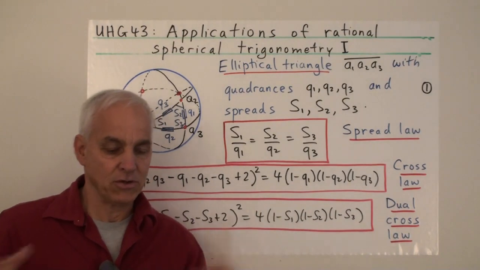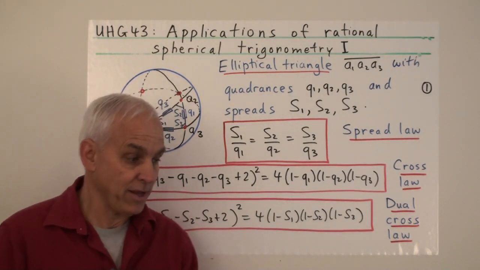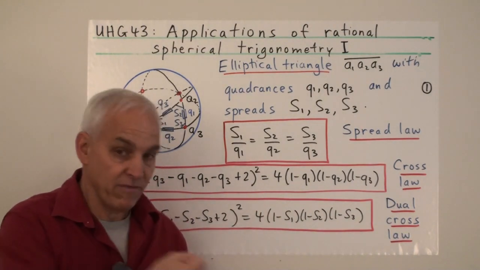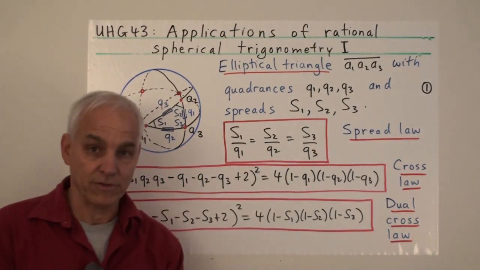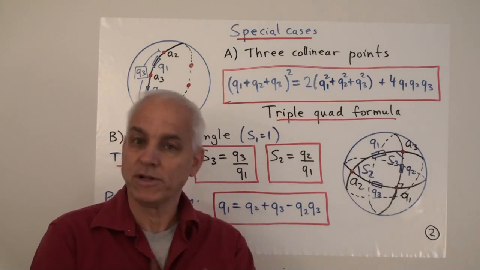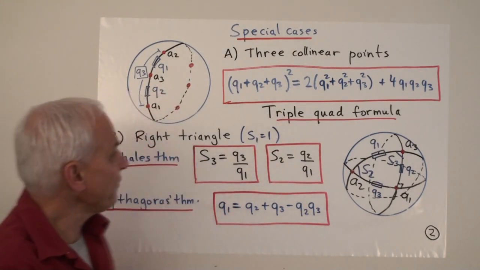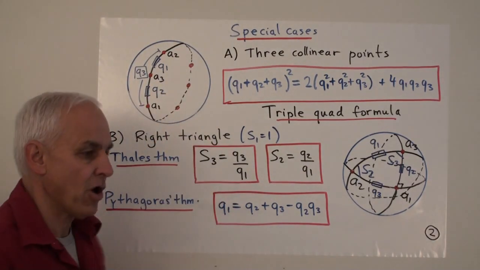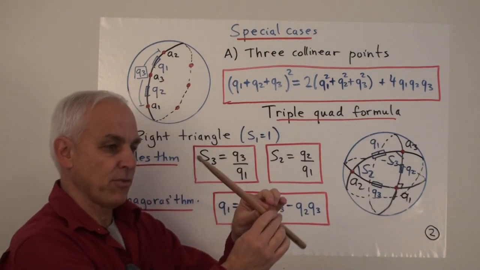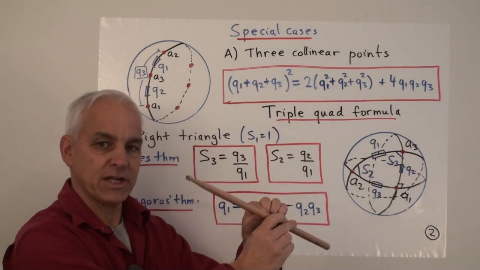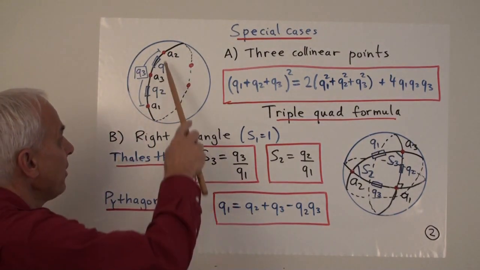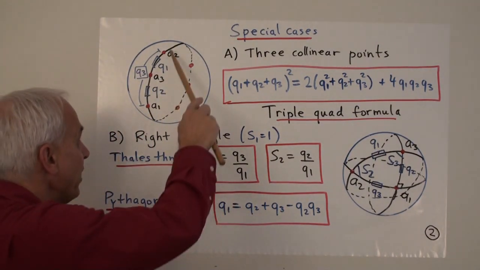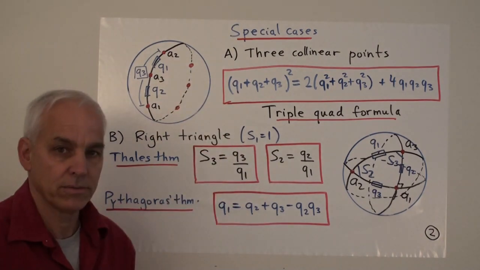So what we're seeing here is a unification between hyperbolic geometry and elliptic geometry. They're driven by the same metrical formulas, namely these two formulas right here, ultimately. There are now a few important special cases. One of them is when our 3 points are all in a plane. So the 3 lines to the origin that we're considering are all in a single plane. Geometrically, the points on the sphere that we're looking at are then all on this great circle.